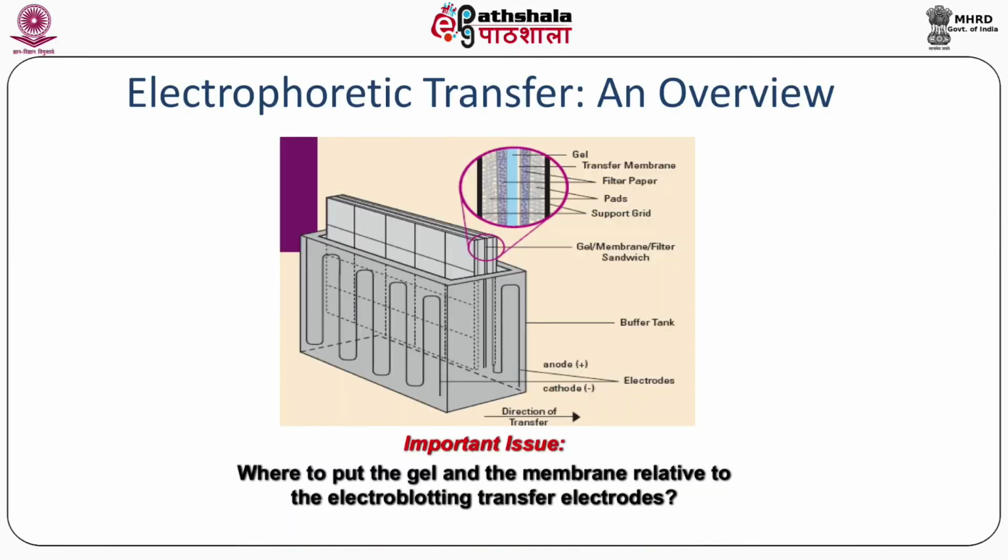You can see over there that this entire chamber is submerged in buffer. The buffer is also within the chambers, and then there is a cassette that sits within that chamber, and within that cassette you have the arrangement of the gel, the nitrocellulose membrane and filter papers. Then we tie everything together, put it into the cassette, put it in the particular structures, and pass electricity, so that the molecules, essentially proteins, move out of the gel matrix and get impregnated onto the solid surface of the membrane.